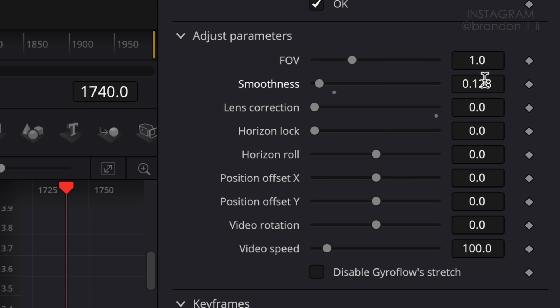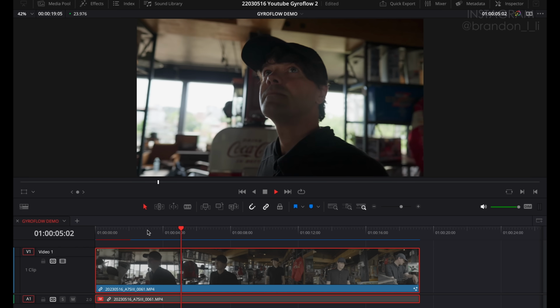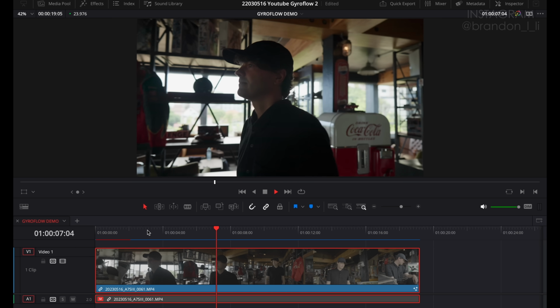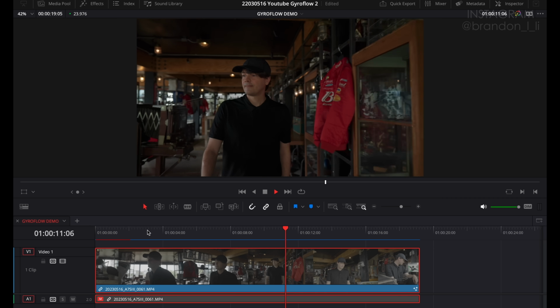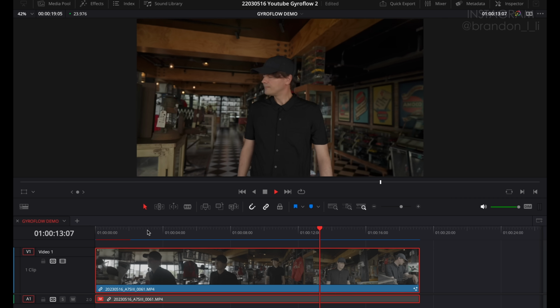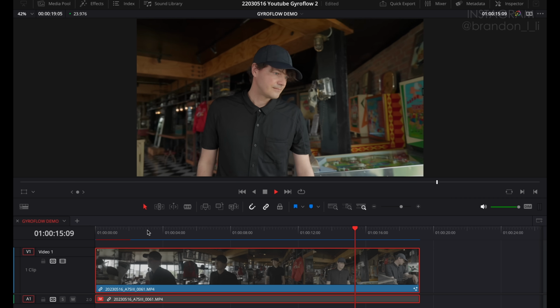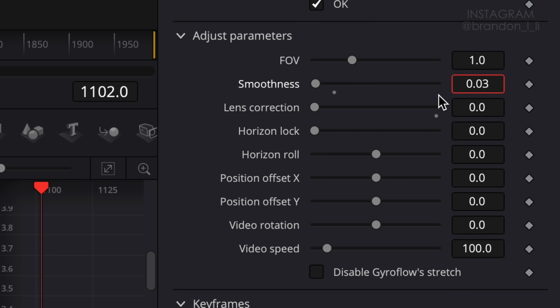And the big difference that matters to me comes in when you set it at a very low level. Like I'm gonna set it here to 0.03. With Gyroflow, when you set the stabilization to a lower level, it still adds a bit of smoothness overall to everything, instead of completely smoothing some parts and then leaving some parts jittery, which is what Catalyst does. And the reason this matters to me is because it allows me to dial in exactly what look I want